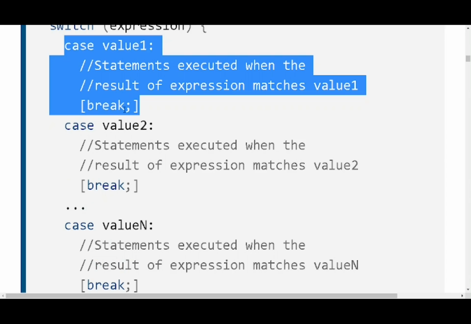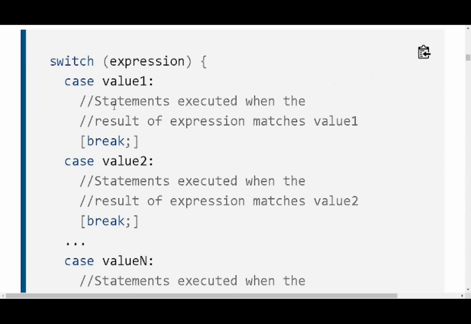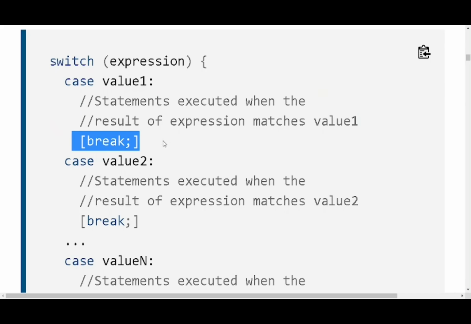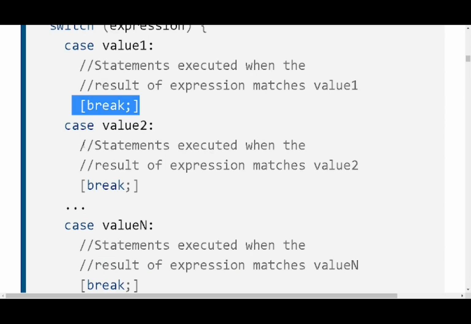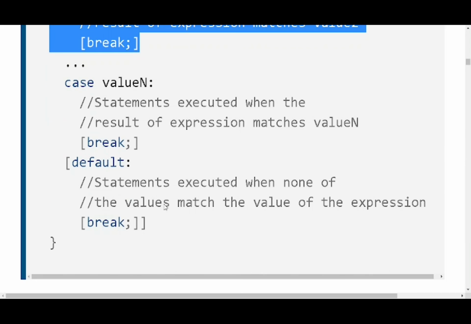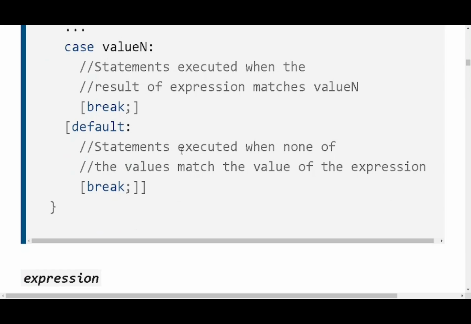Suppose that you are not writing this break, what happens is you will have a flow through. That is, if the expression evaluates to value 1, all the statements under this value 1 will get executed. And suppose that this break is not there, what happens is all the statements within value 2 or value 3, whatever may be, then up to value n also will be executed, and the default too will be executed.